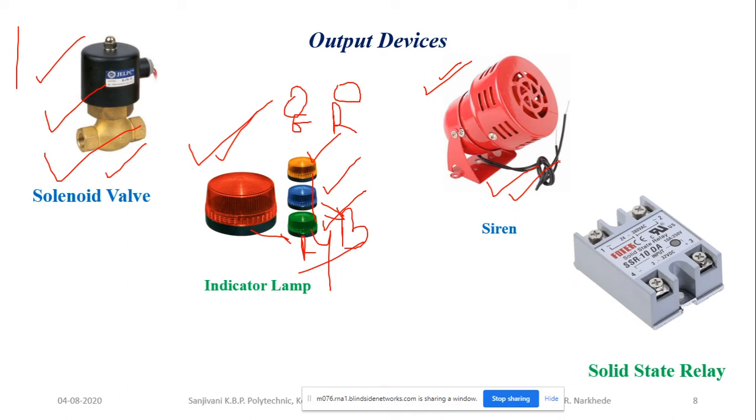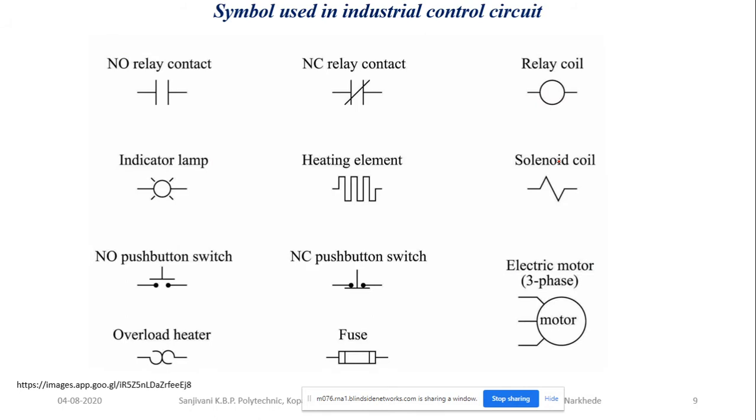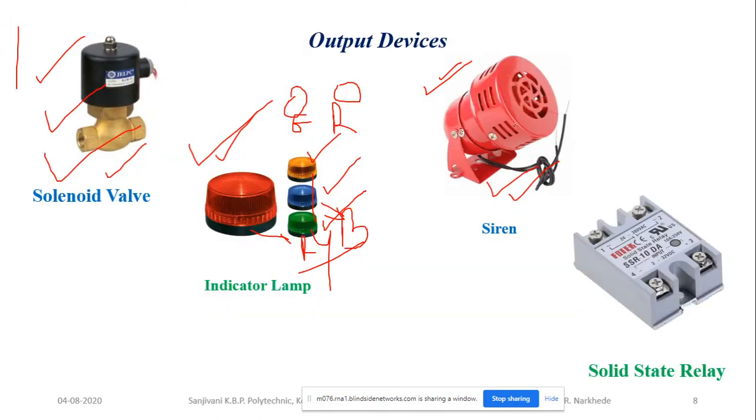Okay, and there may be a short circuit problem. They are going to switch on and off, on and off. There may also be a possibility of electromagnetic interference. So to avoid that, nowadays we prefer the solid state relay. Definitely the cost of the solid state relay is somewhat higher than the electromagnetic relay, but they are more reliable. So these solid state relays are also used as output devices. Apart from this, there are some other output devices also used in the industry that we will discuss later on.